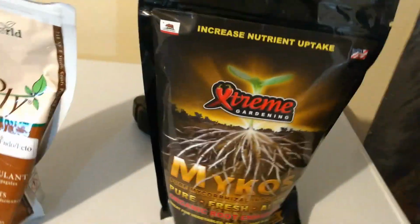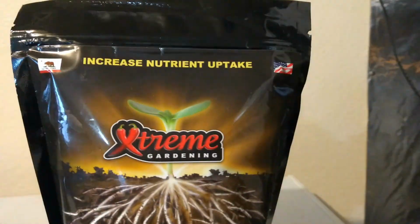Yeah, there's 2 different types of mycorrhizal fungi. Okay, here, let me get the other one and I'll show you what that one looks like. I bought it by mistake, but I'm going to end up using it anyways. So this is the one that I initially bought, and it was the wrong one. So you can see